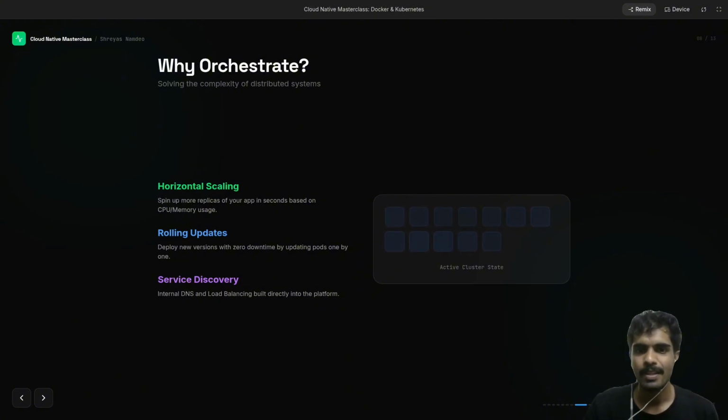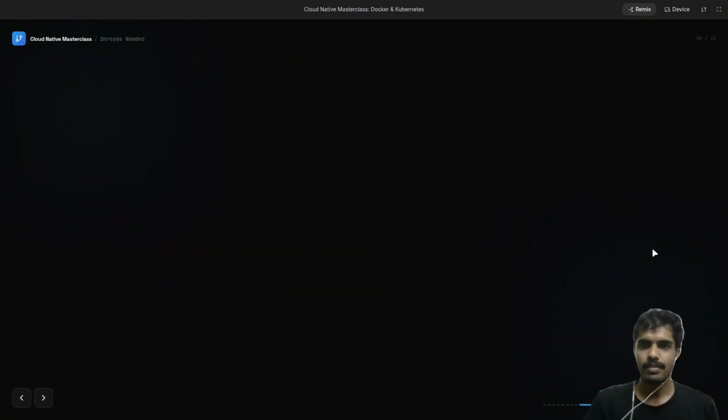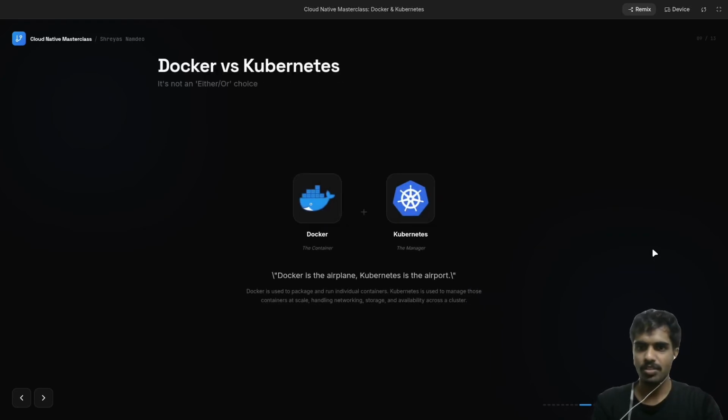Okay. The next one is a battle between two very big names, Kubernetes and Docker. Let me give you one analogy that will make it crystal clear, right? Docker is like a tiffin box.